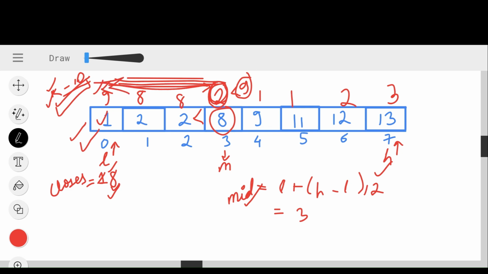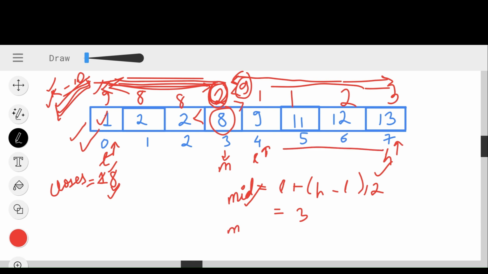Now, so the most feasible one is to search in this particular area, isn't it? To search in an area where the elements are greater than 8, because then we can get our closest value only in this particular area. So let's search it. Let's update our L, bring this L to mid plus 1. We will search in this area.